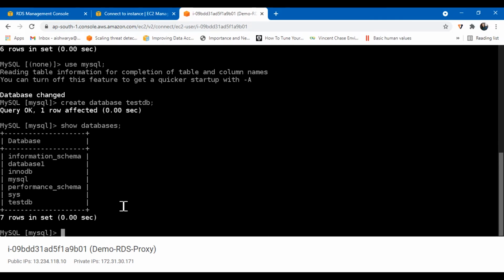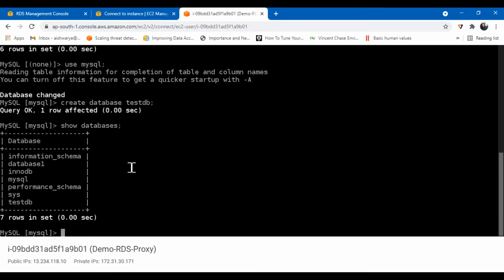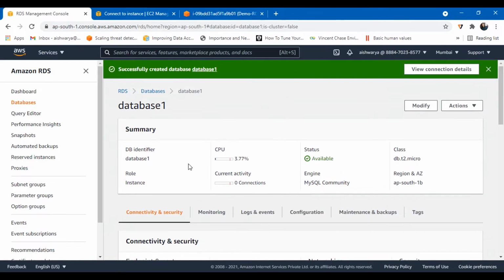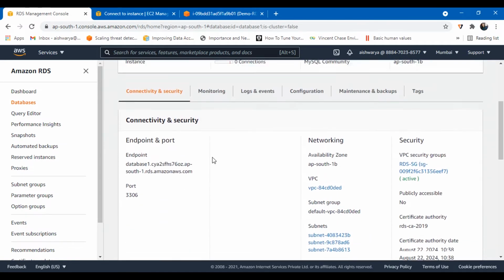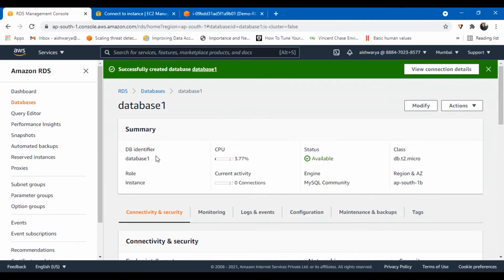So we are good to go for the RDS proxy process, and we will begin now. We are successfully able to build the connection from EC2 to RDS. Now we will build the RDS proxy connection. Before we create the RDS proxy, we have to store the database credentials, that is the username, which was admin, and the password in Secrets Manager, so that RDS proxy will fetch the credentials from there and use them.